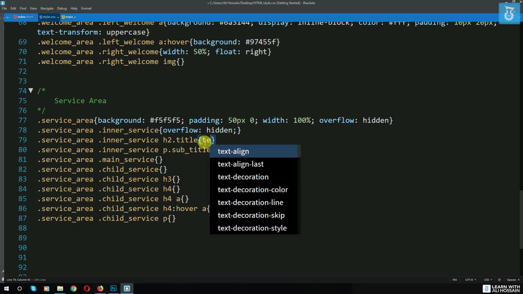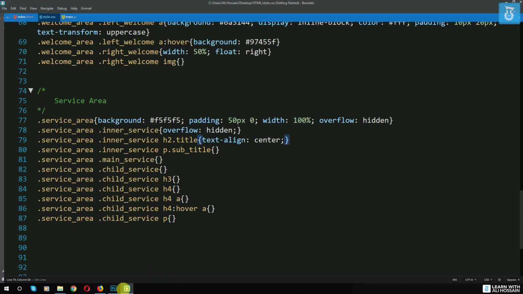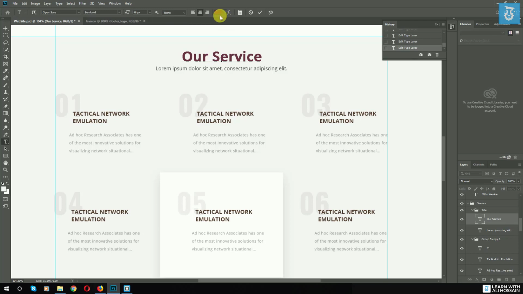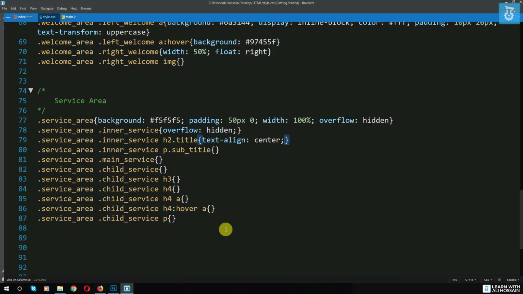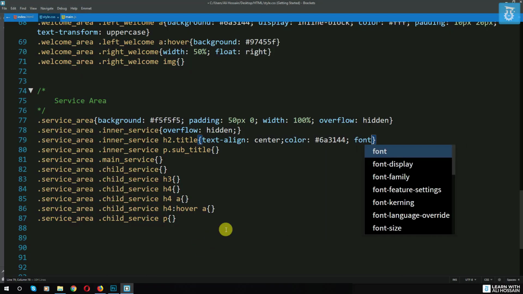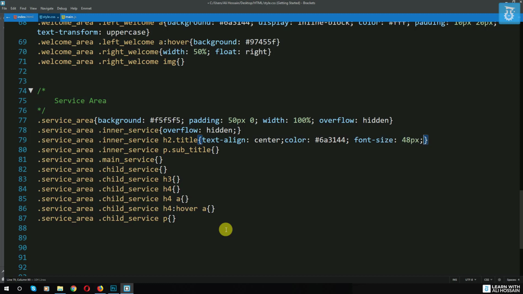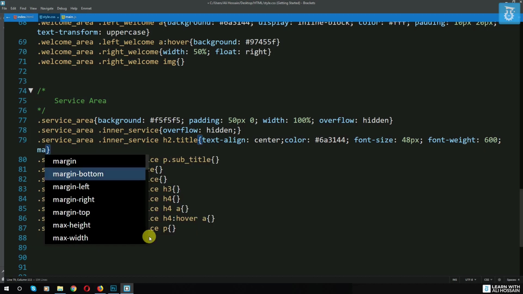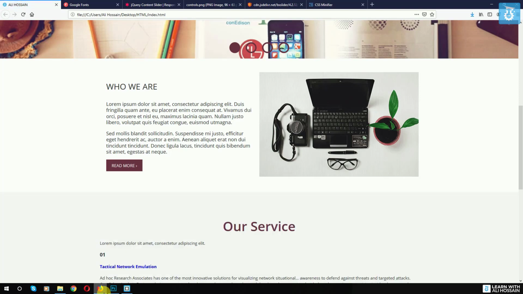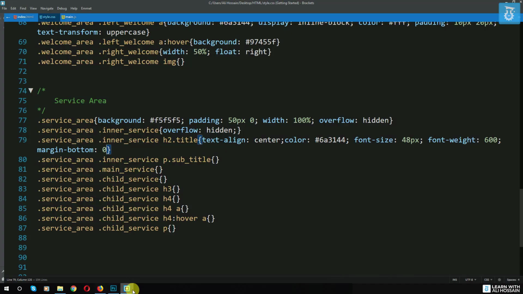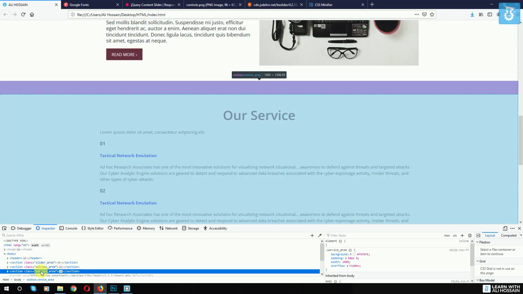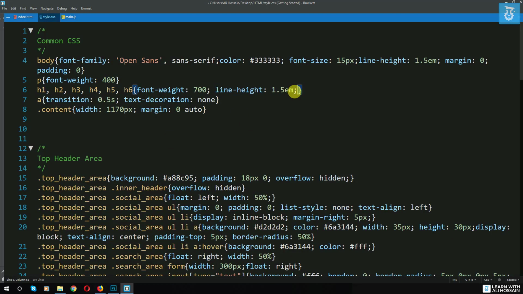For h2 I will add here text align center. Okay, and as you can see this is the color. I can copy the color, and font size 48, font weight semi bold. Okay, so color will be this one, font size 48 pixel, font weight semi bold. Okay, and margin bottom will be 0, and then now if I refresh you can see that this is such like that. Okay, it's actually much higher. Why it's happening? I can check why it's happening. Okay, I will add here one more thing, and that is margin 0 0 15 pixel,